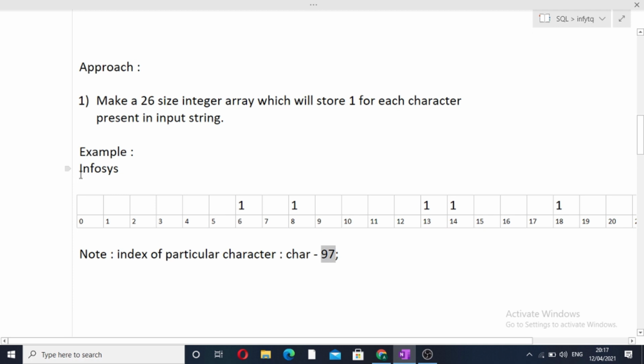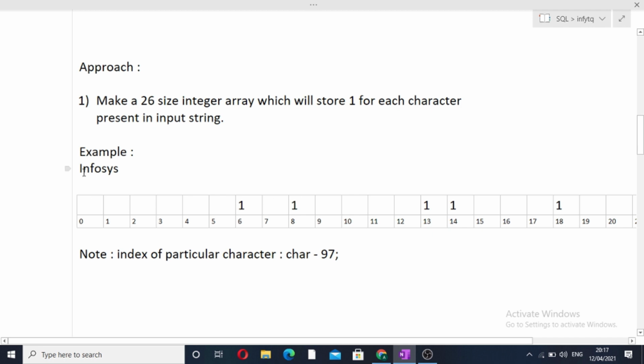Now similarly, we will be iterating over, see, we have formed the integer array. Initially all the values inside this integer array will be 0. We will simply iterate over this input string. Let's say i has come. So the first current character is i. We'll find the index to which we can map the i, so we do i minus 97, which will be 8. So i is mapped to 8. At the 8th index of this array, we will place 1. Earlier it was 0, now we will place 1.